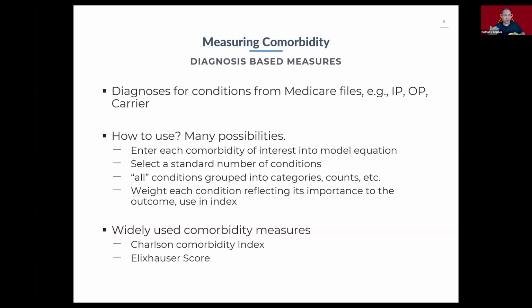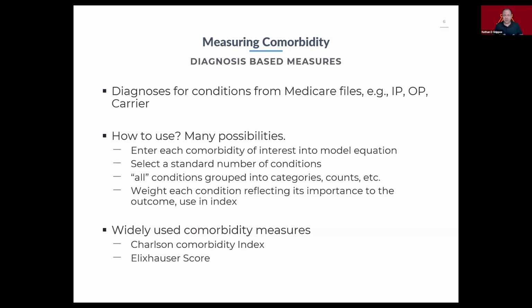And more to the point, the diagnoses for those conditions come in a particular form, primarily diagnosis codes. How we are going to use those is kind of an open question. In other words, there's no 100% right way, and therefore every choice we make is going to come with some trade-offs. Every choice we make is going to be some type of judgment call. So we could use them in a lot of different ways.